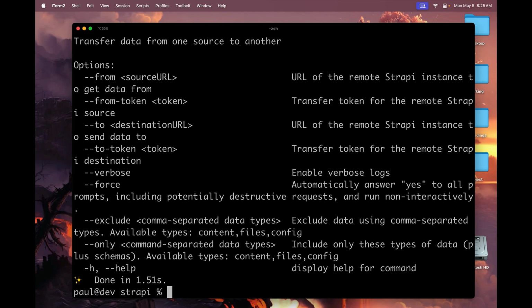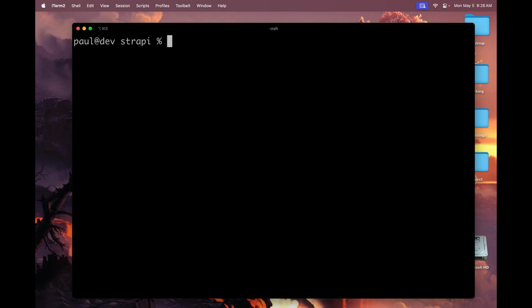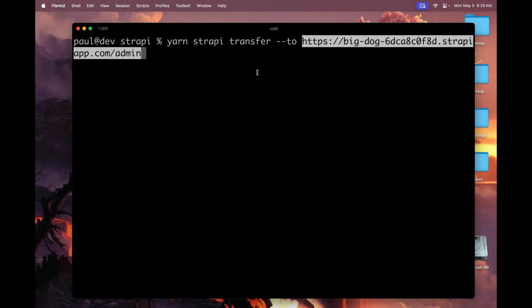Now in my terminal, make sure you're inside your Strapi folder. Let's run clear. And if you run yarn strapi transfer -h, you're going to get the help command for the different options you have available. And here you could see that we have two options where we add our destination URL, which is our deployed Strapi account. And that's what we're going to use. So let me go ahead, clear the screen, and do yarn strapi transfer --to, and go ahead, paste in your URL. Make sure you include